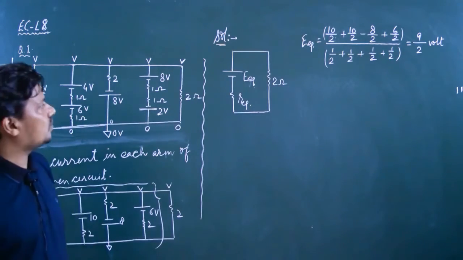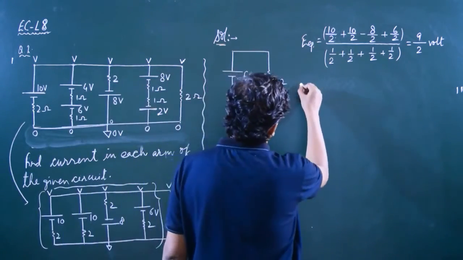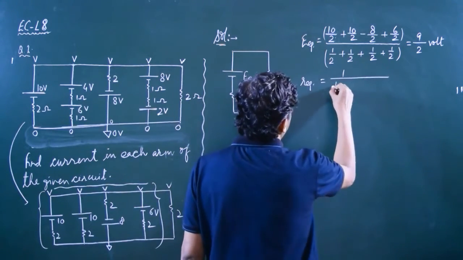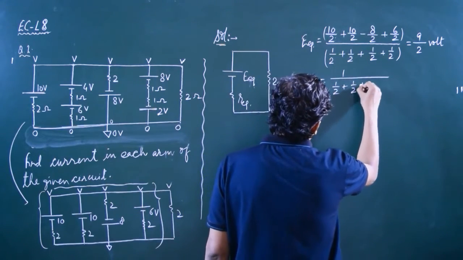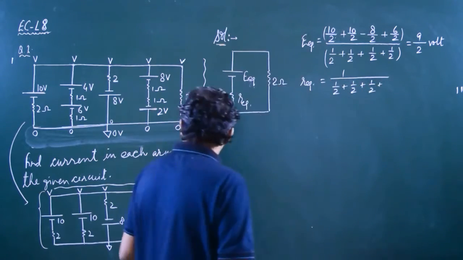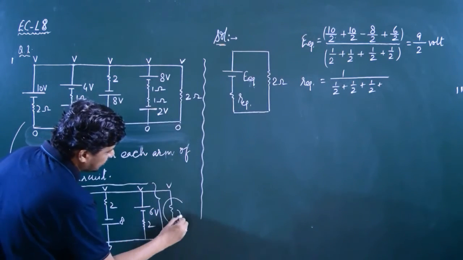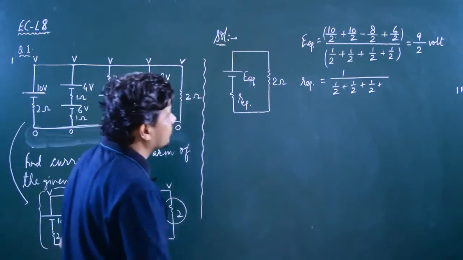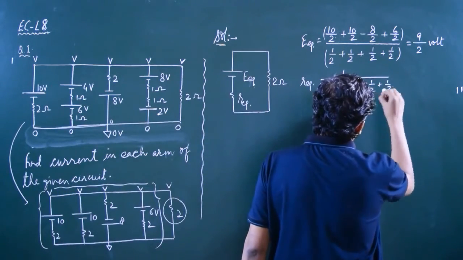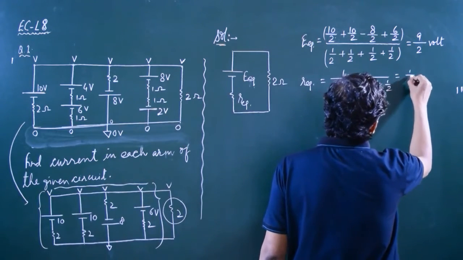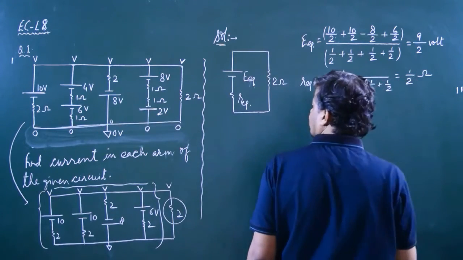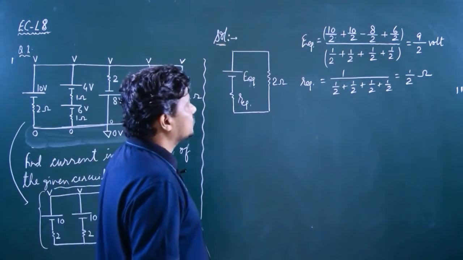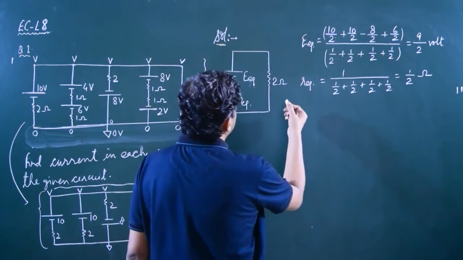Now we come to the equivalent internal resistance for this circuit. So using the formula, it is 1 by R1, 1 by R2, 1 by R3. See, this one is the external resistance here. तो cells सिर्फ ये हैं, so we have to take the equivalent of the cells only. And 1 by 2, what we get? It is 1 by 2 ohm. So now we have the value of E equivalent as well as R equivalent.